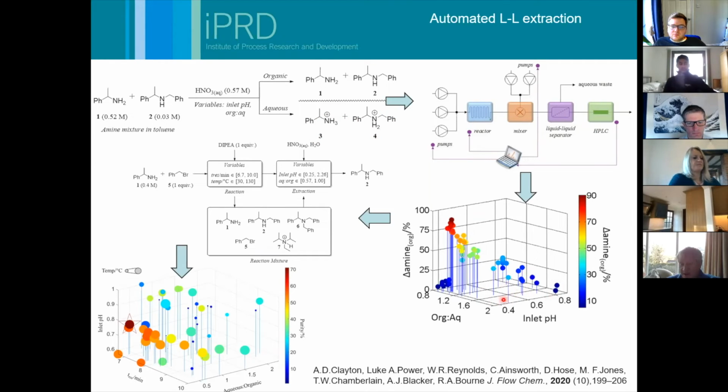So this is a diagram showing you the pH at the inlet, the aqueous organic ratio, and the difference in the amine concentration. So the most selective amine was extracted here in the top here, where we got the best selectivity, and that was with this acid concentration here. So we're not using a pH meter, we're just using the HPLC to measure the concentrations of each of the